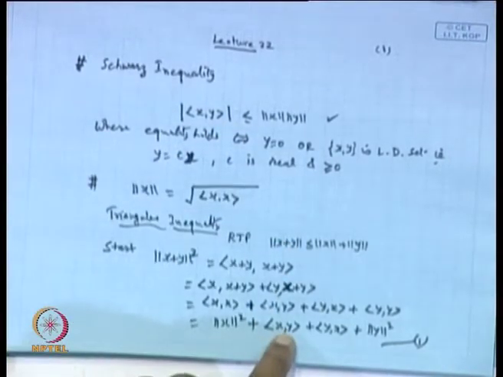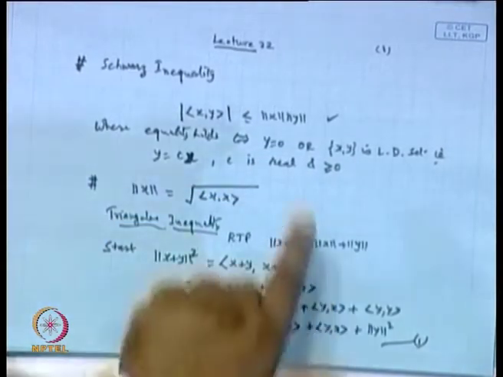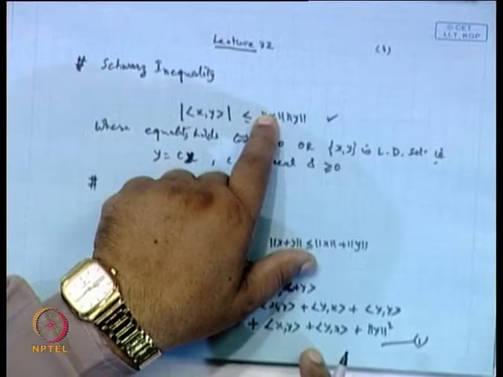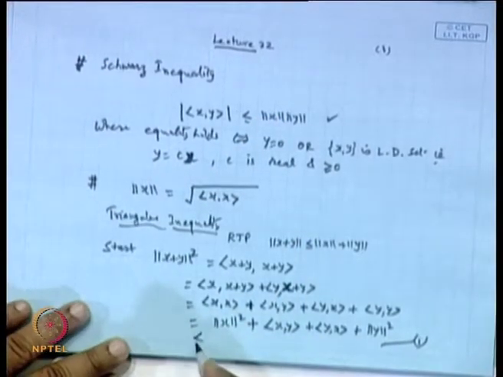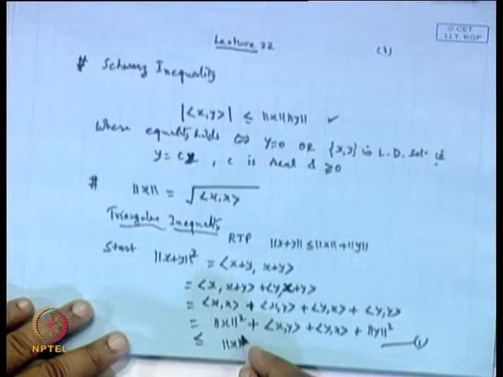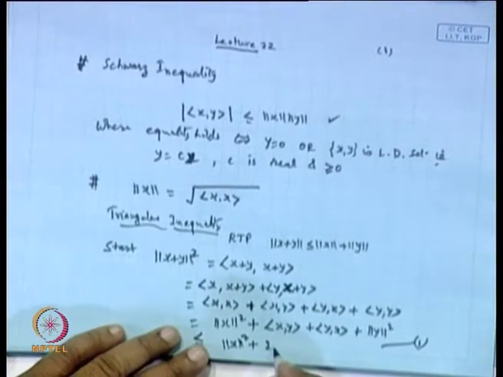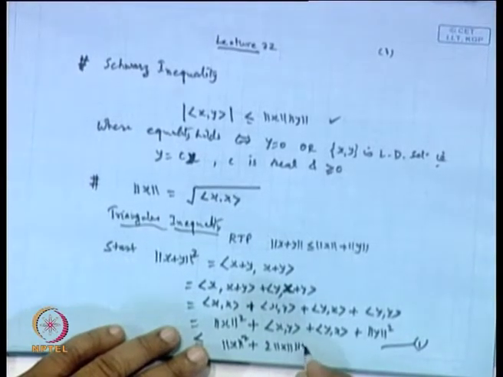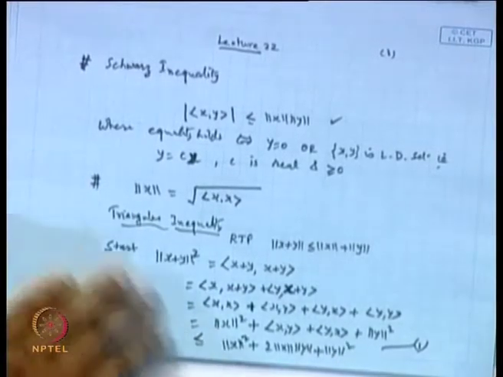So, this inner product x y will be less than or equal to norm x norm y. The inner product y x will also be less, because it is a conjugate of x y only. So, it will be further less than or equal to norm of x whole square plus 2 times norm of x norm of y plus norm of y square,